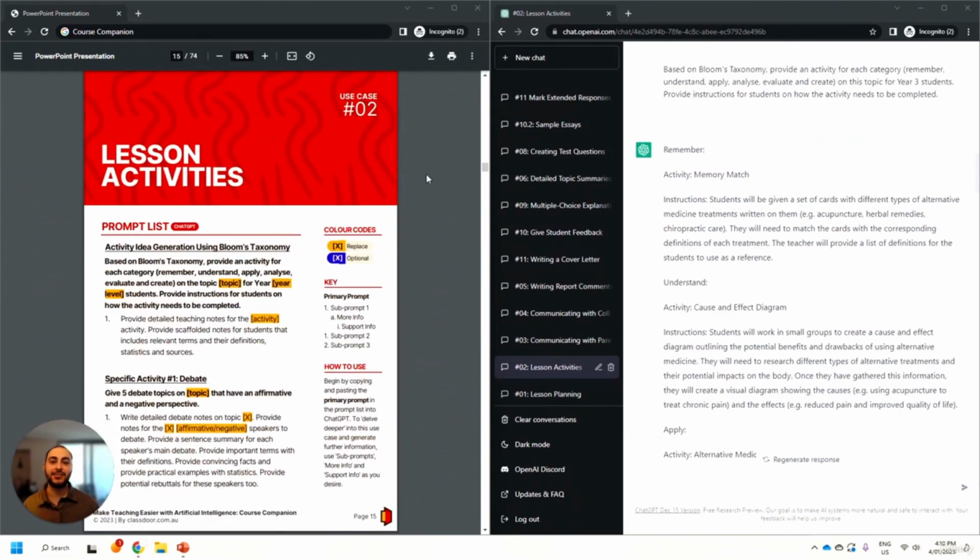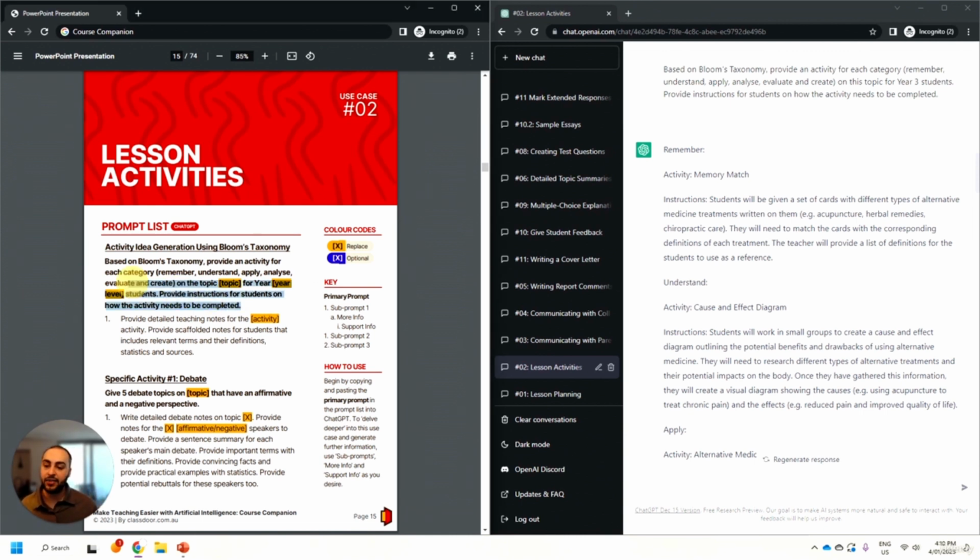In this next use case, we're looking at lesson activities. How we can use ChatGPT to dive further deeper into quality lesson planning, to create scaffolded and laid out plans for an effective run activity that's centered on high student engagement and looks at the different levels of critical thinking in Bloom's taxonomy as our students demonstrate their journey to mastery of a particular topic. And what I've got for you today is 4 different scenarios that you might like to use this practical use case for. And the first one is based on Bloom's taxonomy itself.